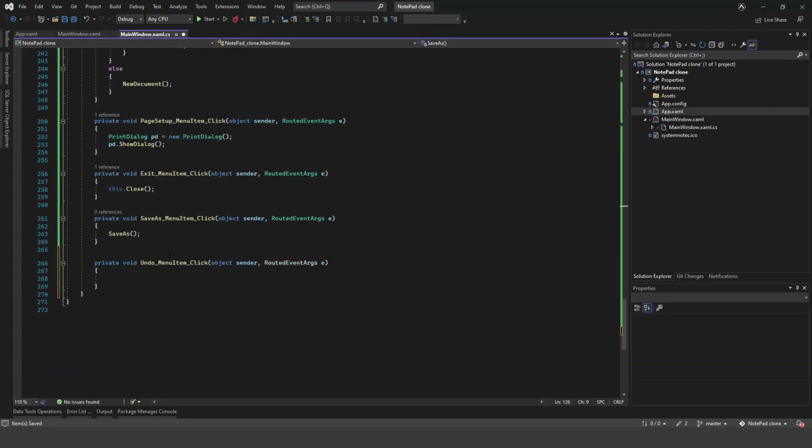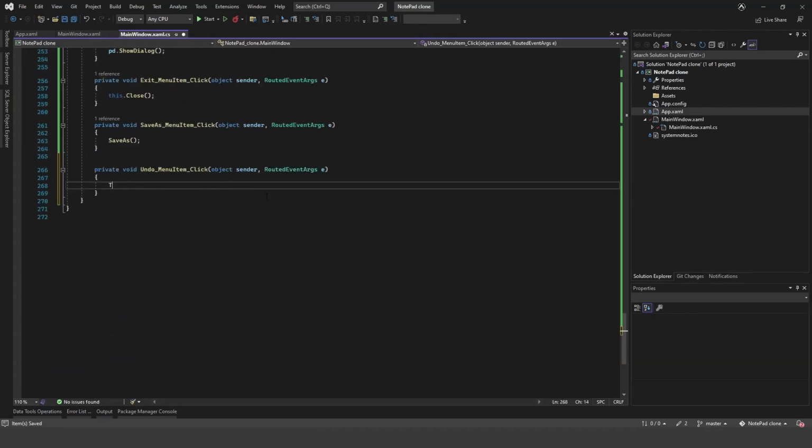Scroll right down, and this is just simply text area dot undo. Or maybe if we just put if text area dot can undo,